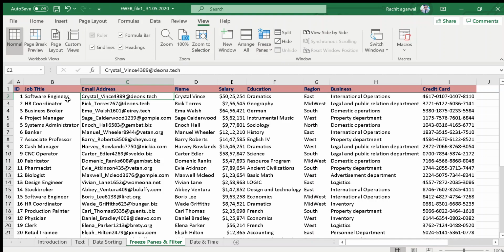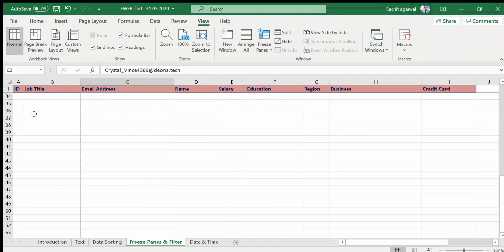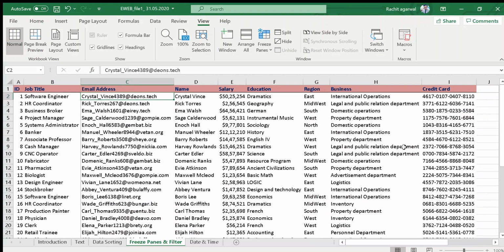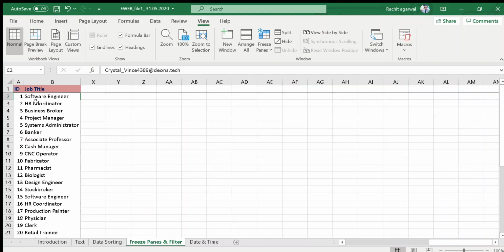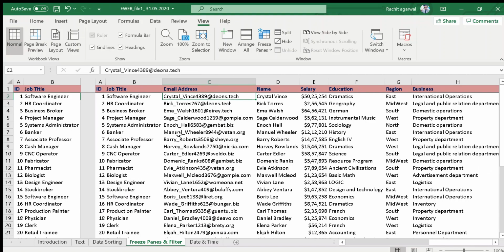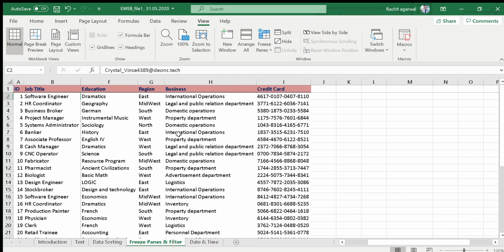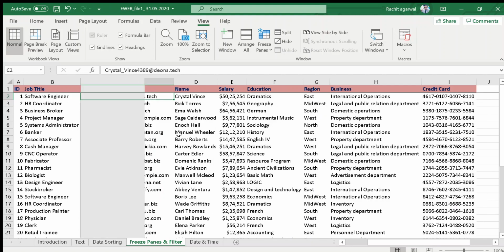All right, so now the first row and the first two columns have been frozen. Here you can see the first row is frozen, and as you move towards the right, both the first and second columns are frozen. You can do this if you have a large amount of data in only one table. Like if you are working in a college and you want to manage the data of your students or your mentees, you can do it like this.